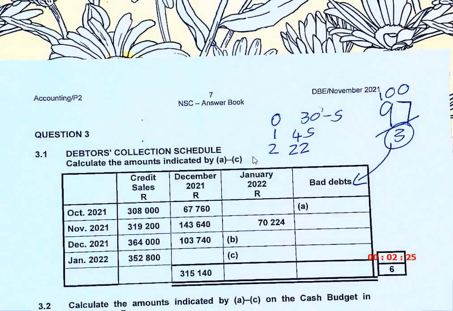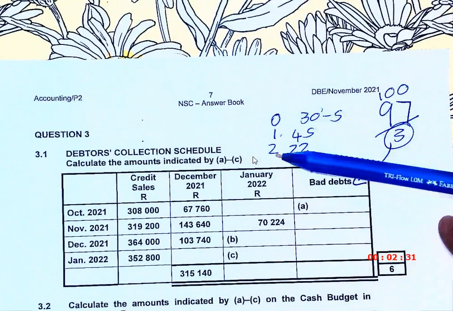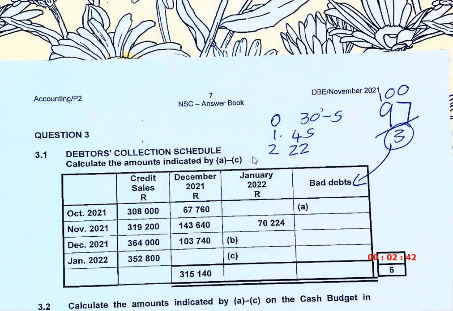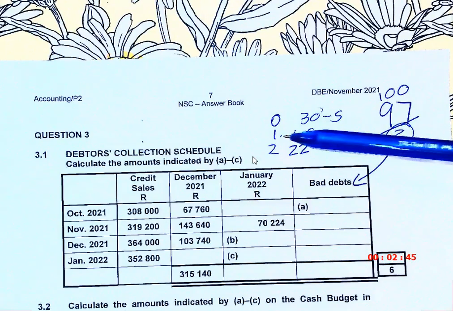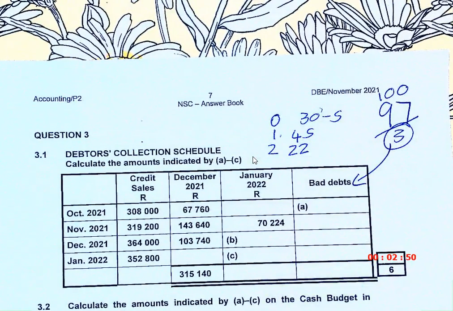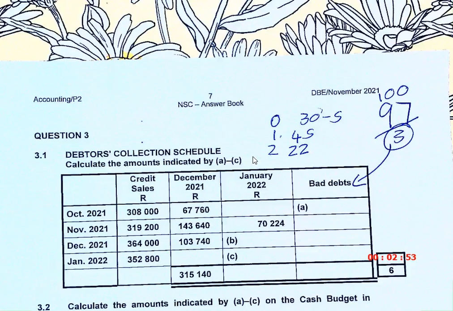Because bad debt is written off. You're walking through your pattern: 0, 1, 2, bad debt. 3 is always bad debt? Not necessarily, depending where you start. Because if you only pay 1 month after, you start with 1, 2, 3, then 4 would be bad debt. Or if your debtors take 2 months, then 3 would be. So you can't say it's always 3, but it's always the last. And you do not write off bad debt until you've gone through the whole road.